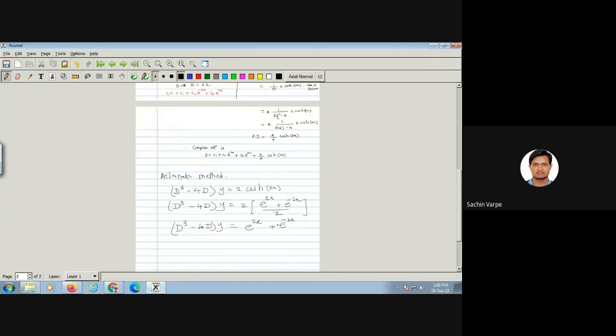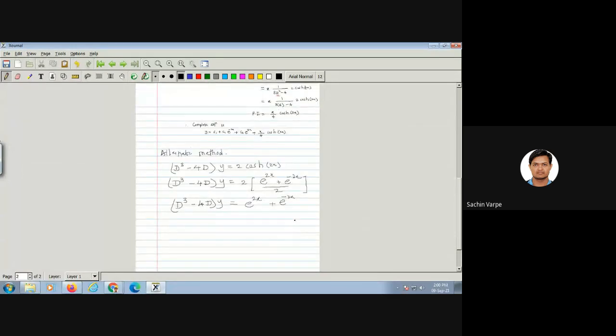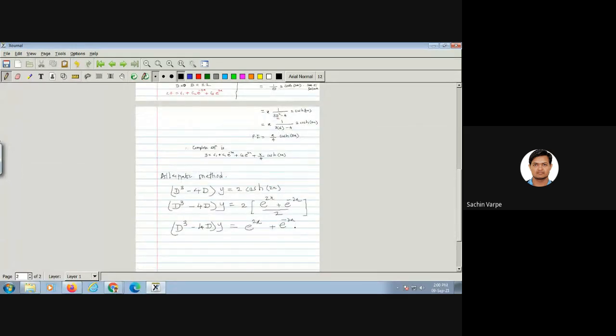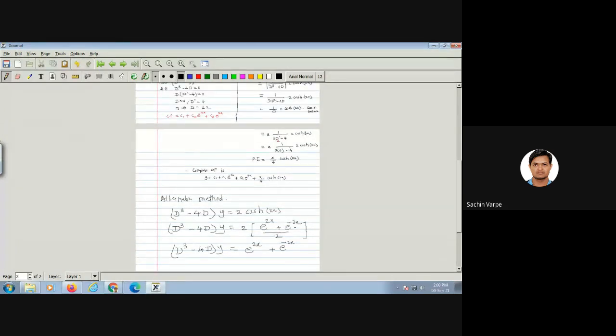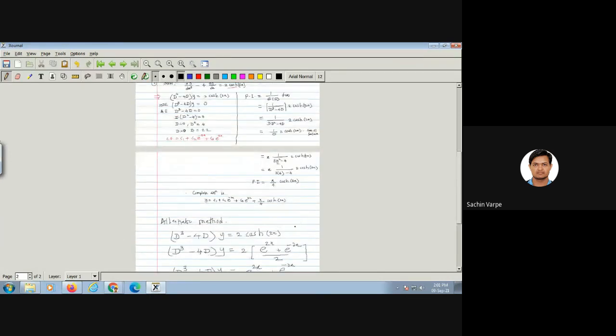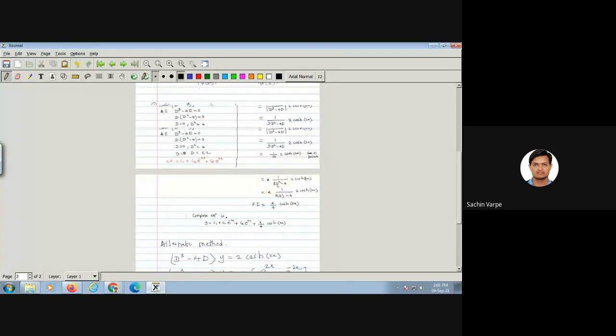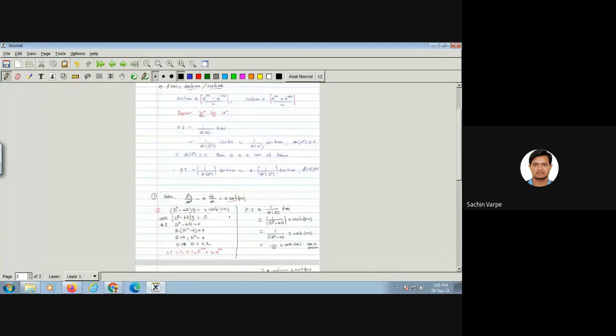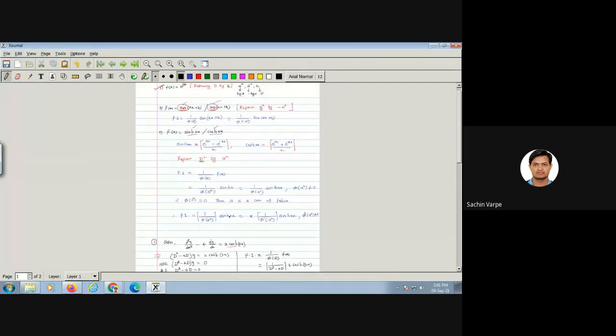Yes, sir. Okay to everyone? Okay, yes, sir. So that is a homework for you. Use the exponential case. What we are doing in exponential, we just replace d by plus a, and provided that denominator must be non-zero. That should not be the case of failure. Any doubt in the third shortcut? No, sir.